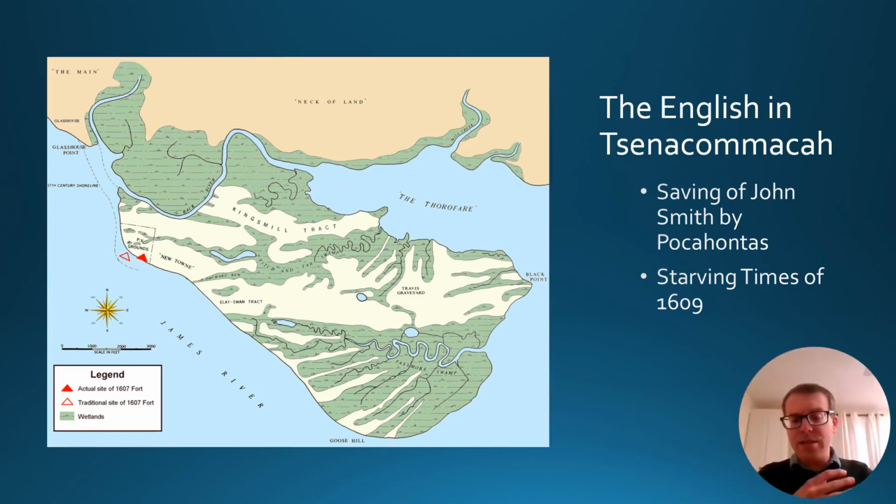So John Smith's able to create an initial sort of trading relationship with the Powhatan Confederacy so that Jamestown can supply itself. But John Smith's in an accident, and he ends up going back to London to recuperate. And when this happens, eventually there's tensions between the English and the Powhatans, and there's some fighting, and the Powhatan Confederacy just cuts off all trade with Jamestown,